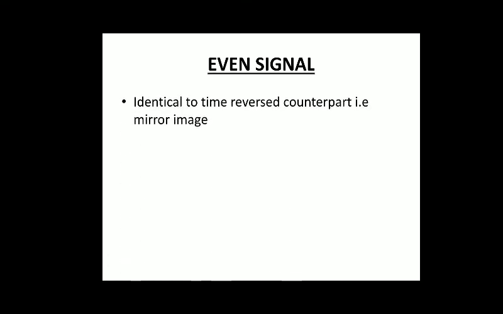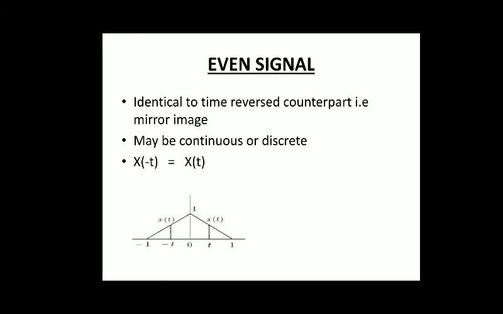So let's talk about another type of signal, odd signal and even signal. So what is an even signal? Even signals are those signals which are identical to their time reverse counterpart, that is, a mirror image. It may be continuous or discrete. So it looks like this: at t equal to 0 we are holding a mirror, and the mirror image is on the negative side of the graph. It may be continuous or discrete. And this even signal maintains a